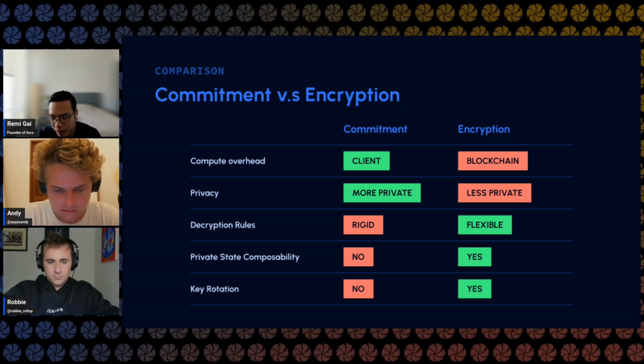Now, the challenge with that is ZK cannot do state transition over encrypted data. It's not meant to do proofs over encrypted data. It has to be over plaintext. So there could also be information leakage risk because you need a centralized off-chain prover to coordinate the states and then do the state transition, right?